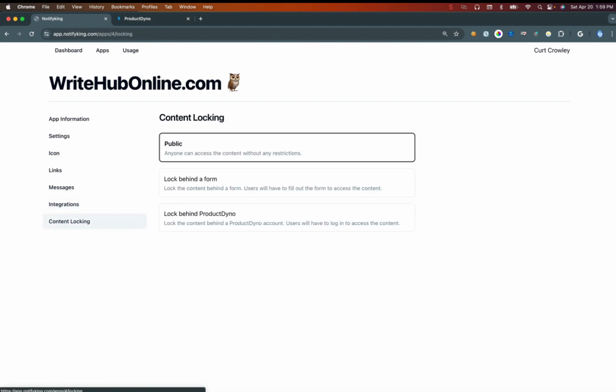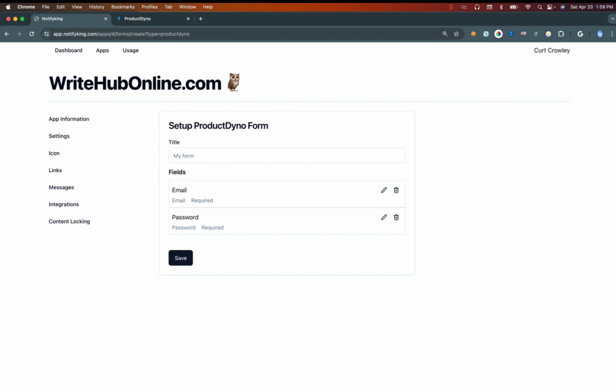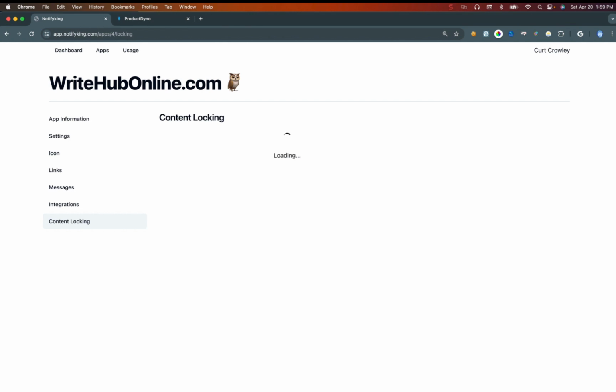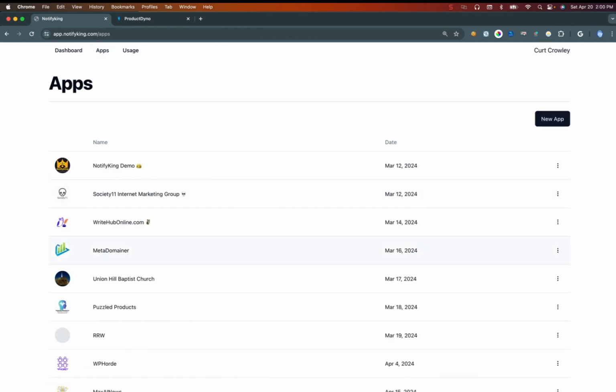I can then come over to Content Locking and lock behind ProductDyno, and then, of course, log in with your details. Save. That's it. And now, once we select this, if we come over to the app,